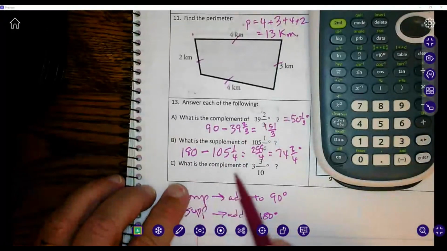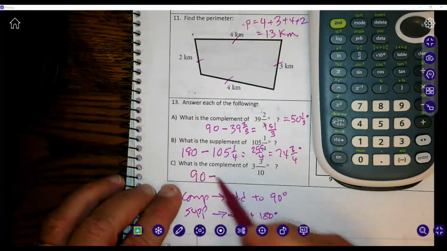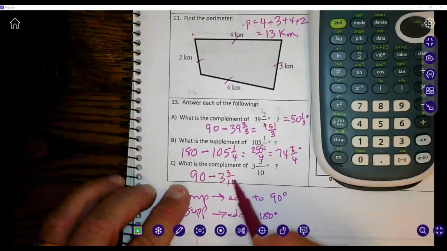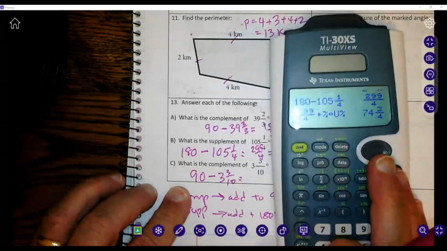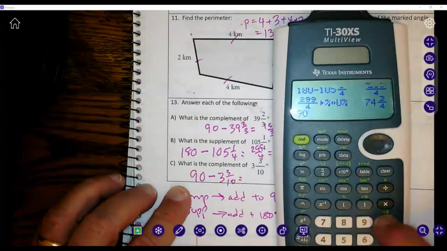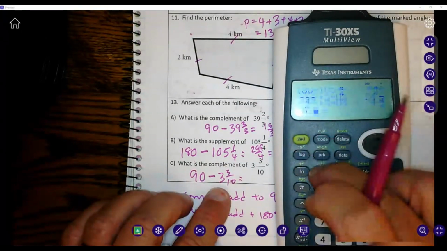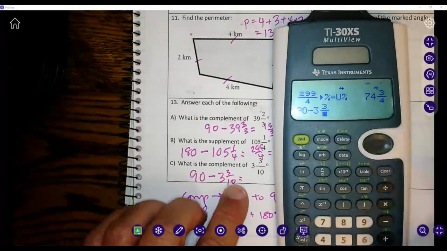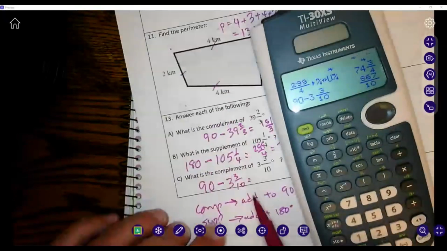All right, here it's asking for the complement again. So complement means they add to 90. So I take 90 degrees and I subtract the angle, which is 3 3/10. And so in my calculator, I punch in 90 minus mixed number is the fraction, second fraction, 3, arrow over to the numerator, arrow down to the denominator, arrow out of the mixed number, hit enter, and I get 867